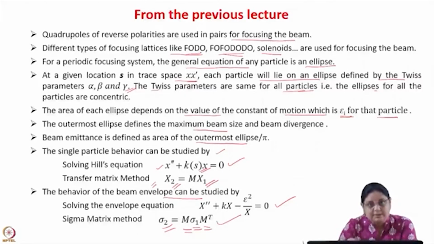Now in all this analysis, we have studied the effect of only external elements like quadrupoles, etc. on the beam. We have not studied the effect of the force due to the beam itself. So if the beam is a high current beam, there will be many particles of the same charge in the beam, and these particles being of the same charge will tend to repel each other, because of which there will be a repulsive force acting on the particles due to the beam itself. So this is known as the space charge force,